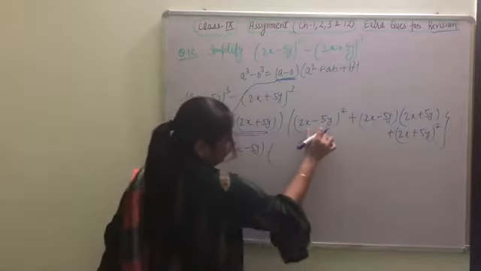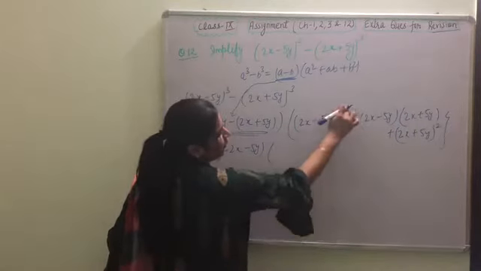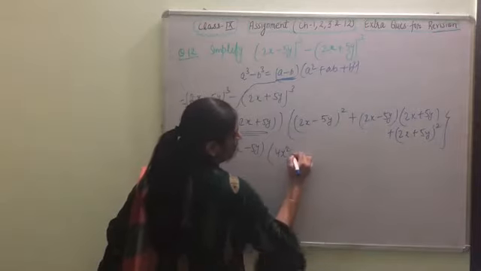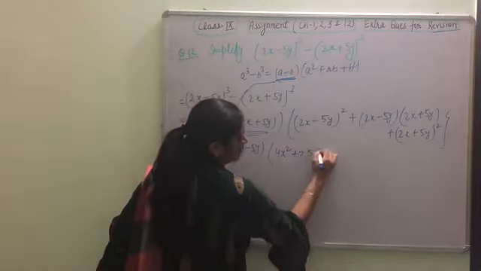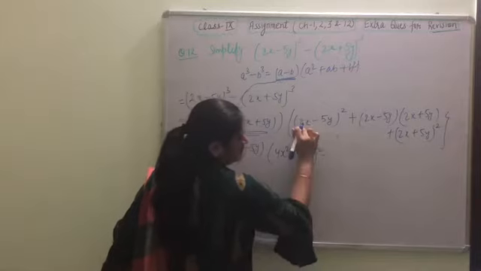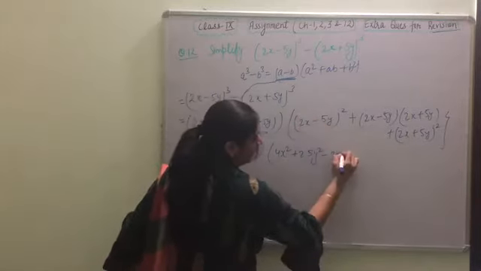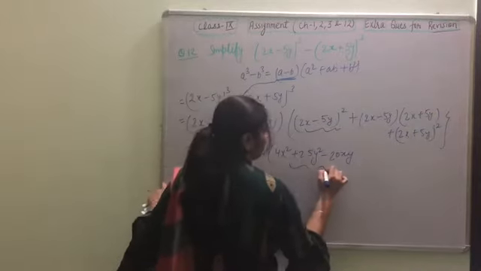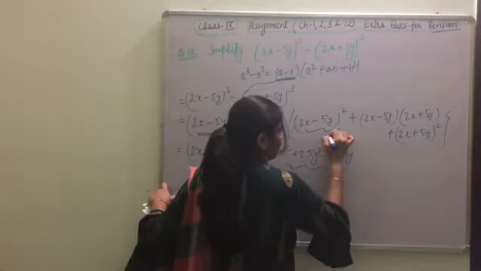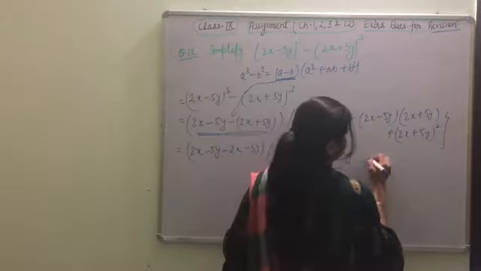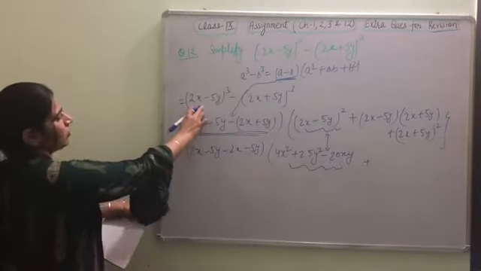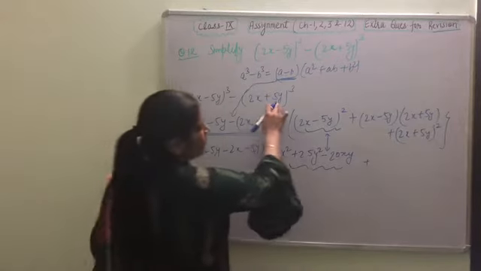First term, we'll apply the identity again, a minus b whole square, a square plus b square minus 2ab: 4x square, 25y square, minus 5 2s are 10, 2s are 20xy. First term, simplification of this first term. Now we are doing simplification of the second term. Again negative sign is there. Here was the first positive sign and here was the negative sign.